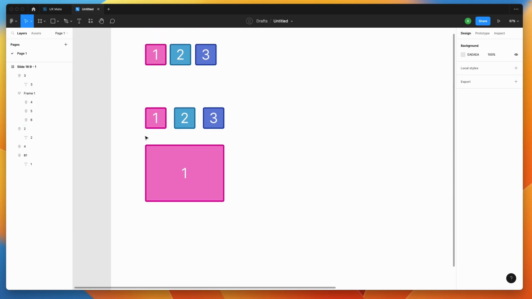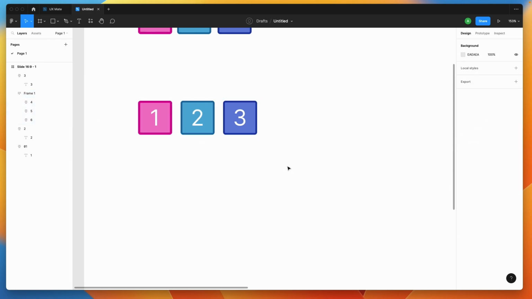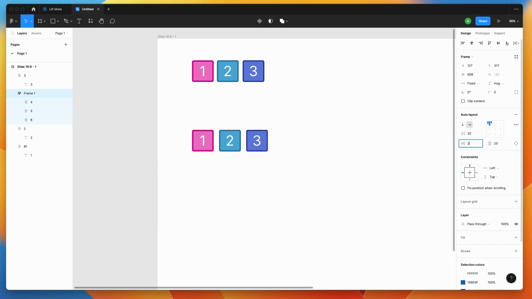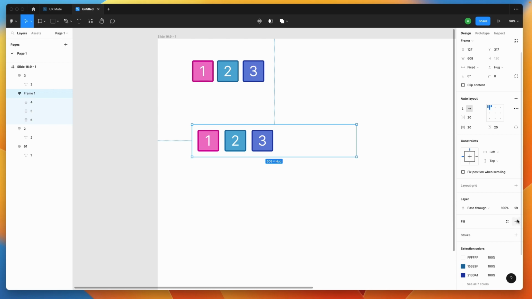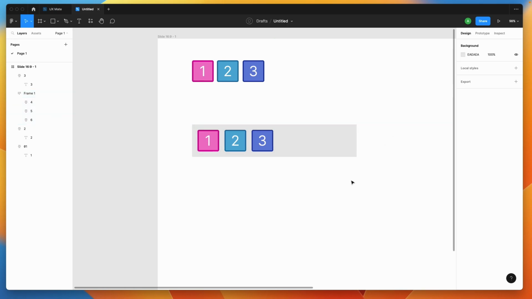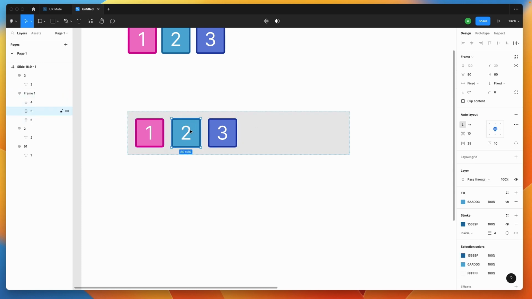Let's just get rid of this and let's focus here. Let's say you have these three equally distributed objects. Okay, and let's just do it 20 pixels for now, and my parent frame is somewhat, let me add some spacing on both sides, 20 20, and let me add a color as well, so it will give you an idea of how it is looking. Just a subtle color, yeah. So let's say this is what my setup is, and I want 1 on the leftmost side, 2 and 3 on the right side. What we can do is